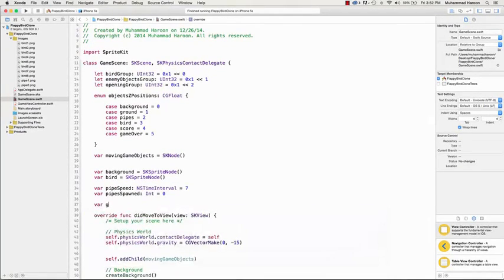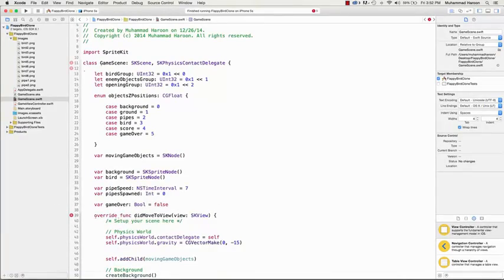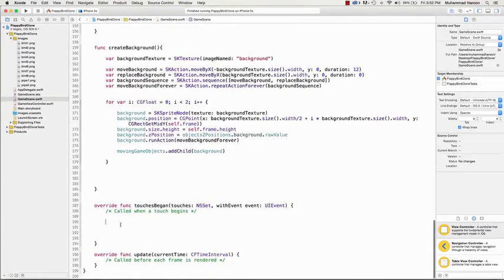So we'll say variable gameOver, that's going to be of type Bool, and let's initialize it with false. And now in the touchesBegan method, we will say that if gameOver is equal to false, so in that case,